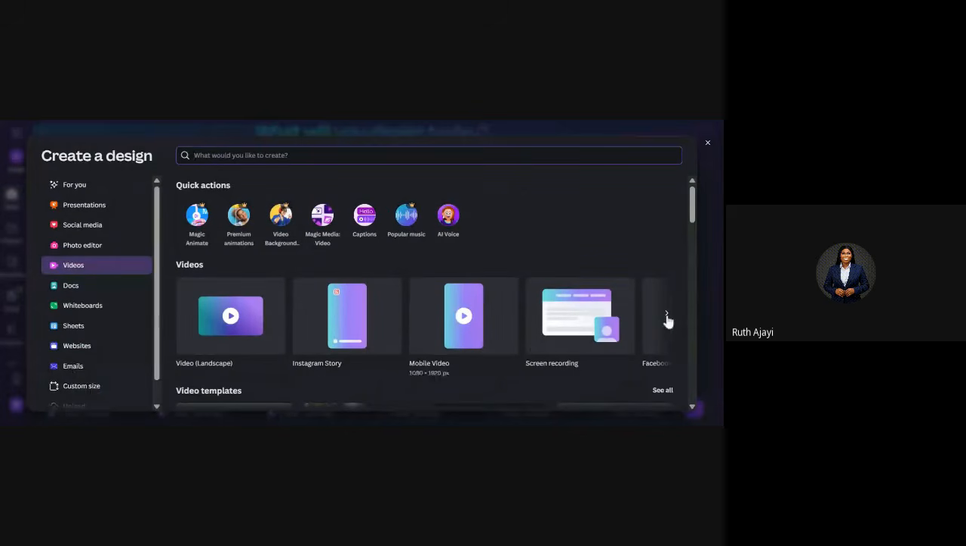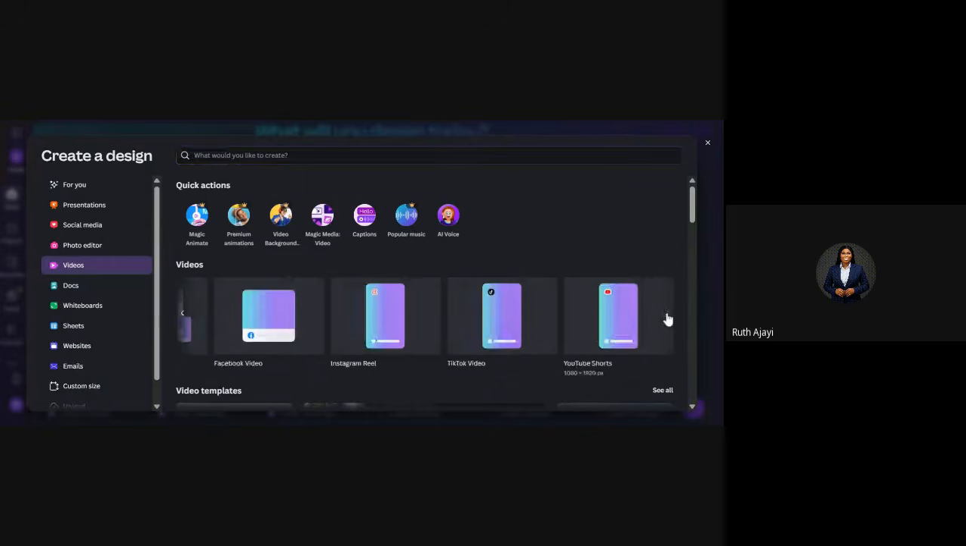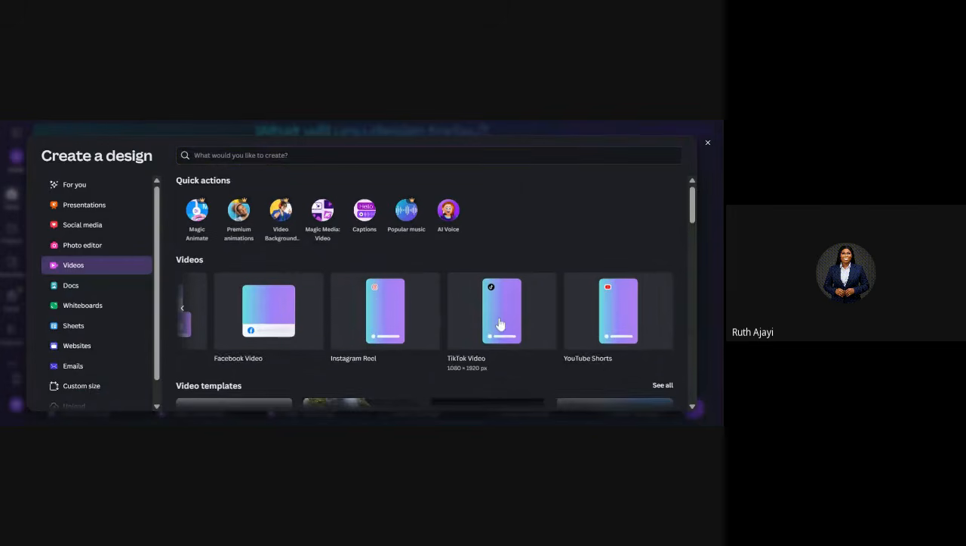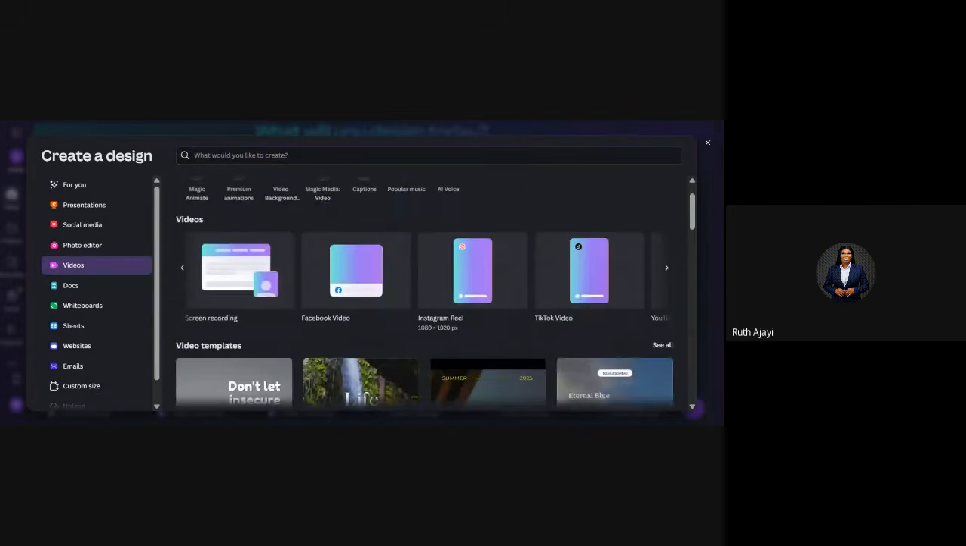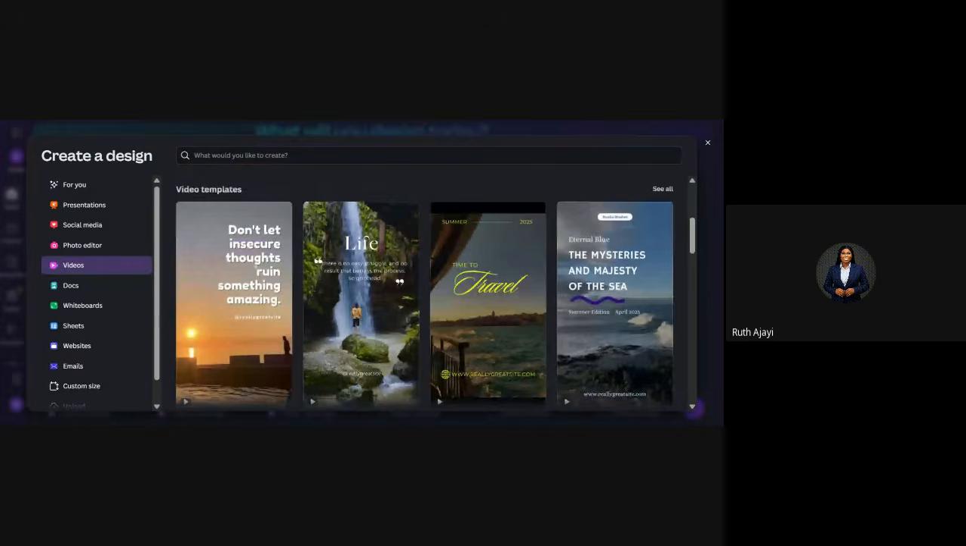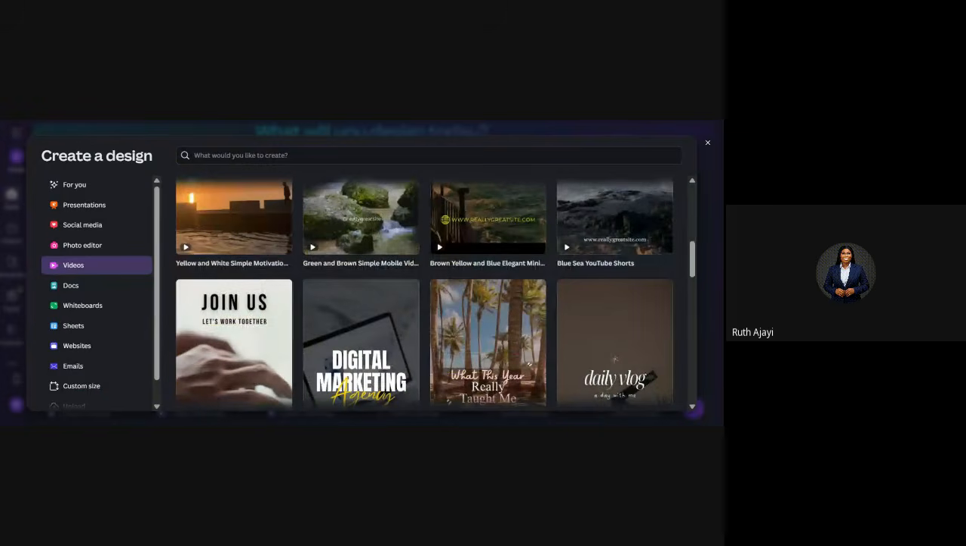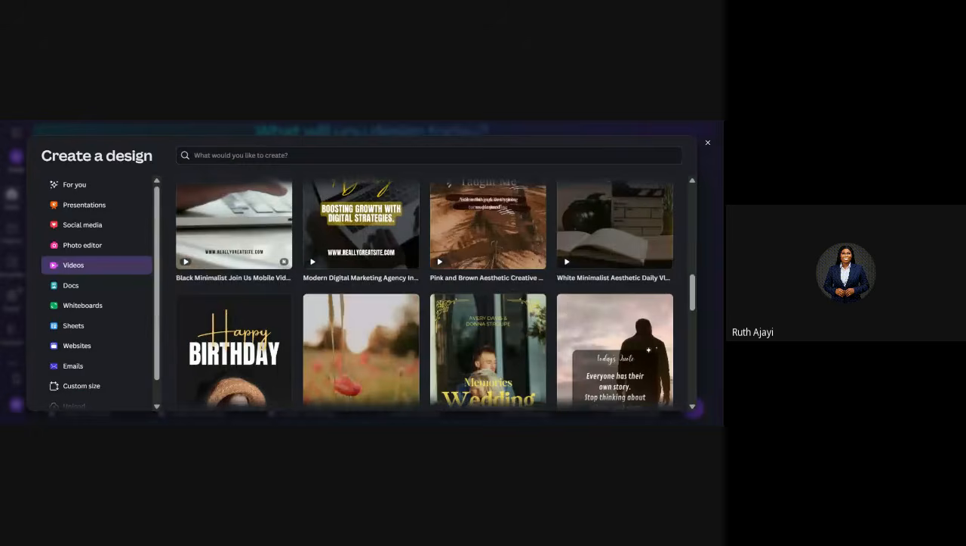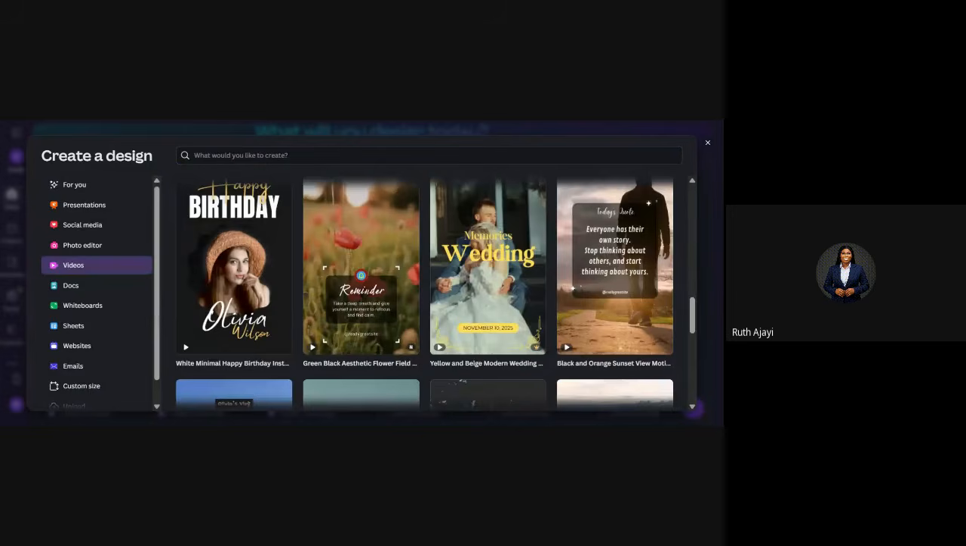mobile video, screen recording, Facebook video, Instagram reel, TikTok videos, YouTube short. It's anything that deals with video, it will show me. And of course, I have templates that will guide me, or that I can personalize to create